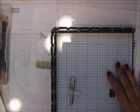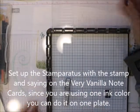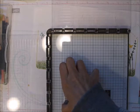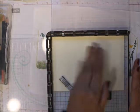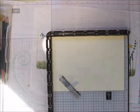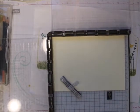Now, I got confused when I was stamping upside down. It was like this, so I just put it over like this, and I won't be stamping upside down, but I'll still be stamping over here. So what I'm going to do is I'm going to put my magnet and my note card over there. I'm going to, excuse me, line up my